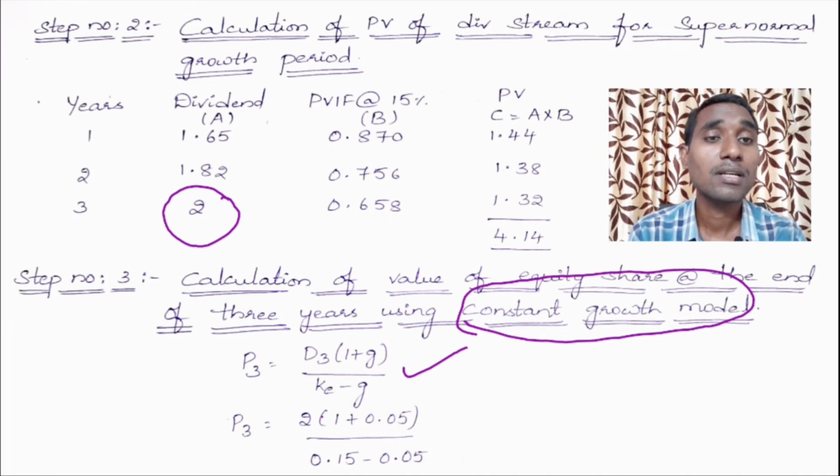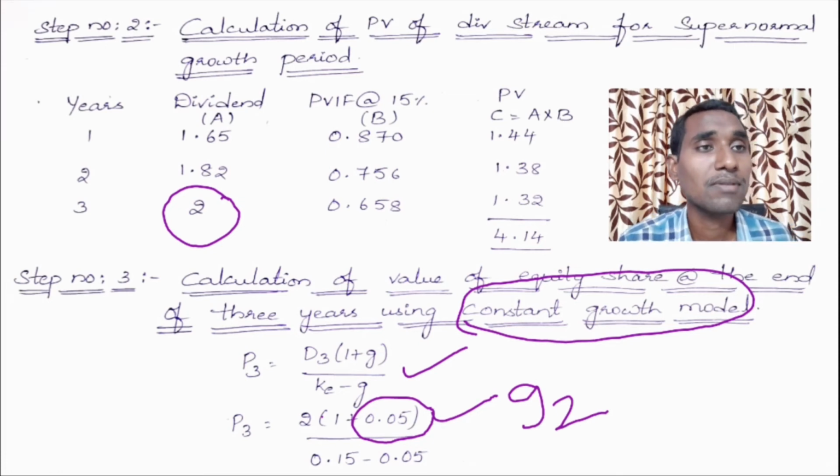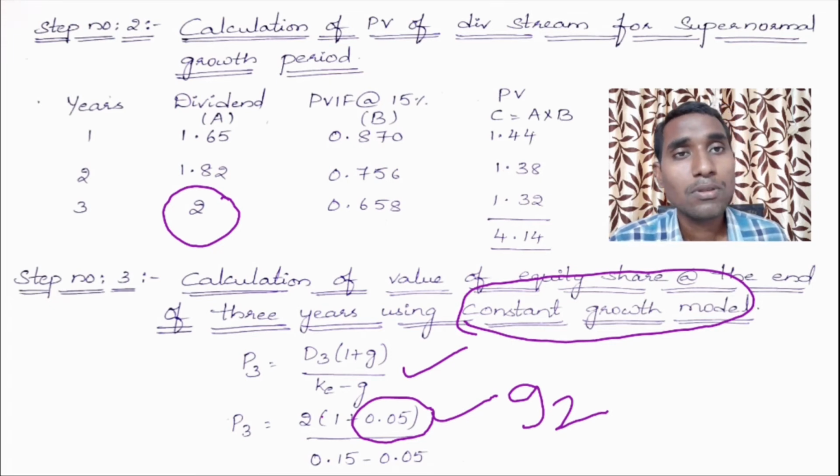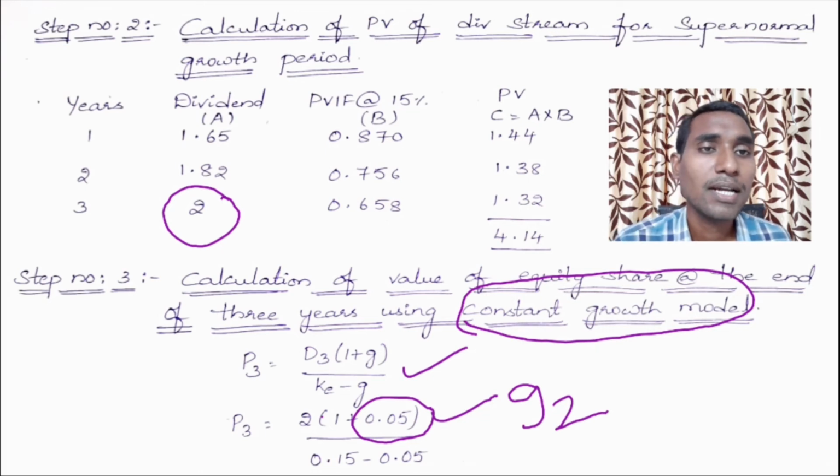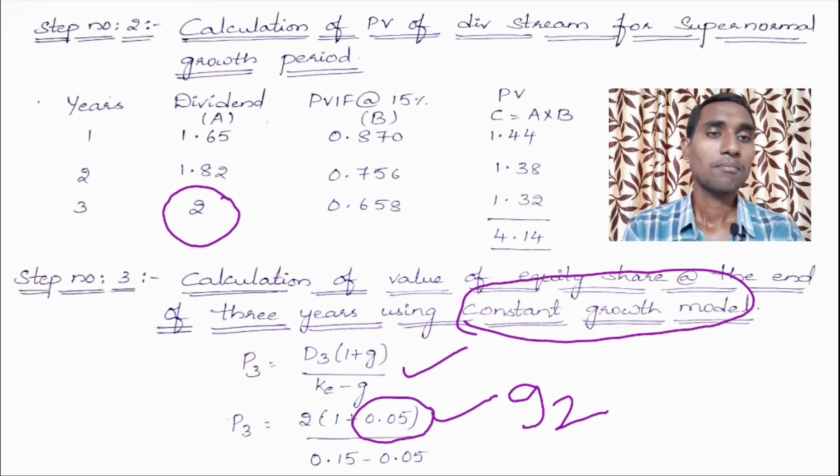You should be careful, dear learners. From the end of the 3rd year the dividends will start to grow at G2. That is the second growth rate to be used here. Most of the students will get confused in this part because they start using G1 again. Growth rate 1 will be used only till 3 years, because until 3 years dividends are received, so the growth rate is exhausted. Now the second growth rate will come into picture. So from the end of the 3rd year the second growth rate you need to use to find the price of the equity share.